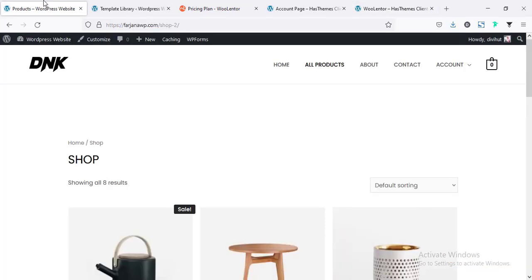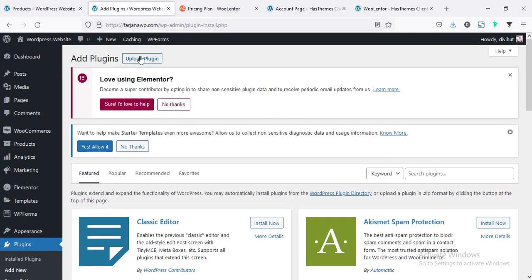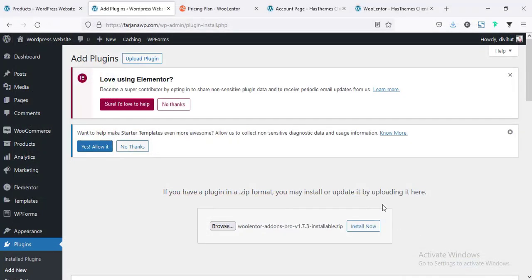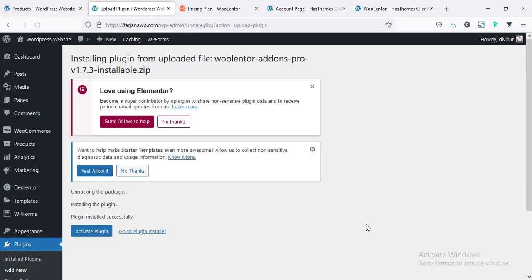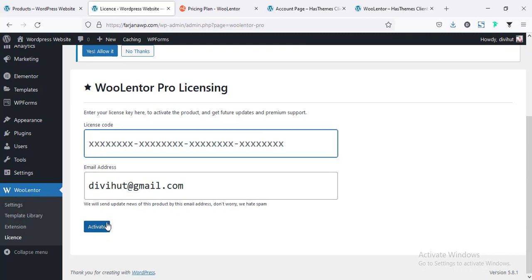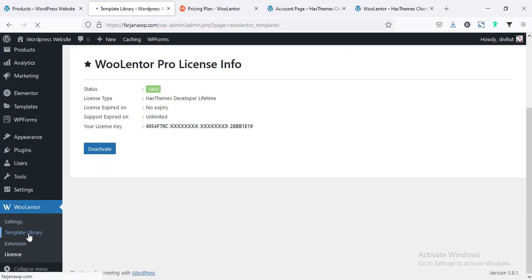And now going to install this plugin and add new. Upload plugin. This is the plugin I just downloaded, and install. And now going to activate plugin, and here we have to add a license code and then activate it. Alright, so I have added my license key, and now if I again going to the template library and going